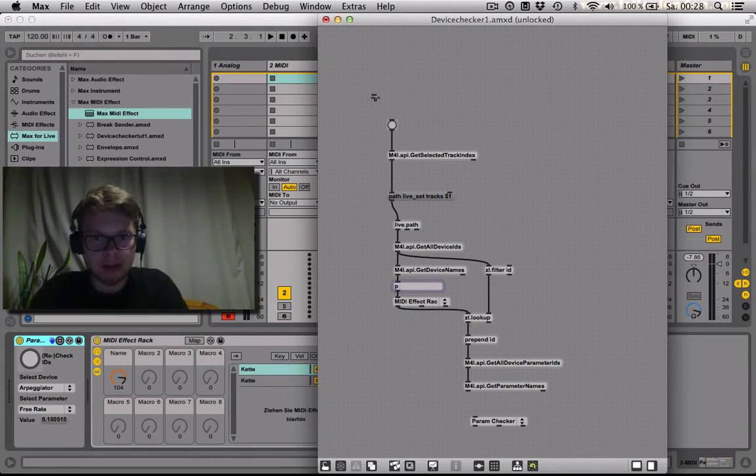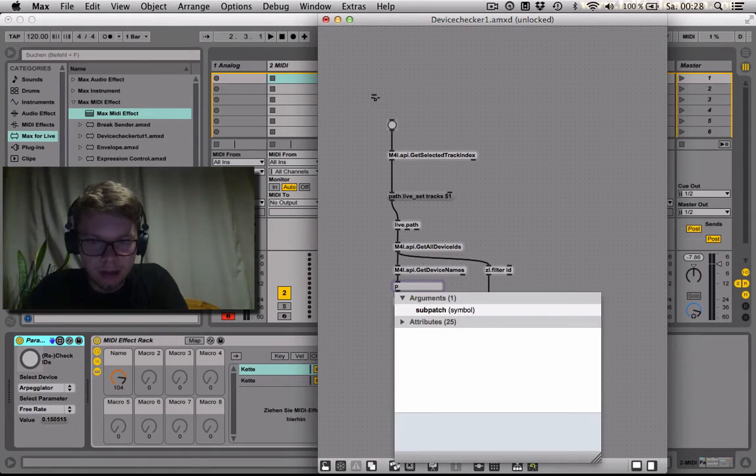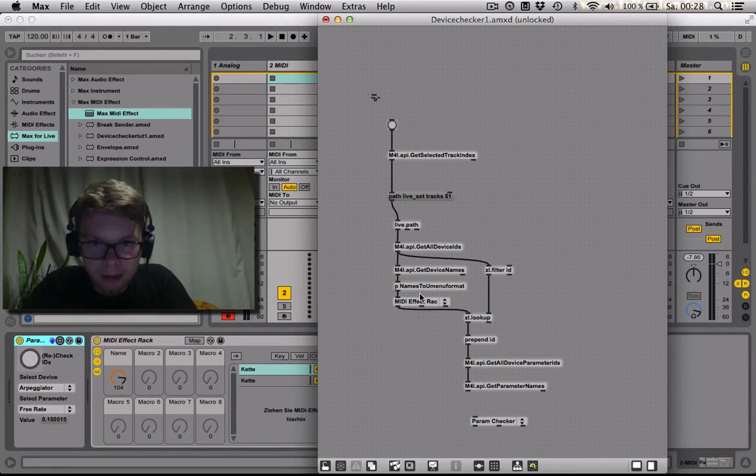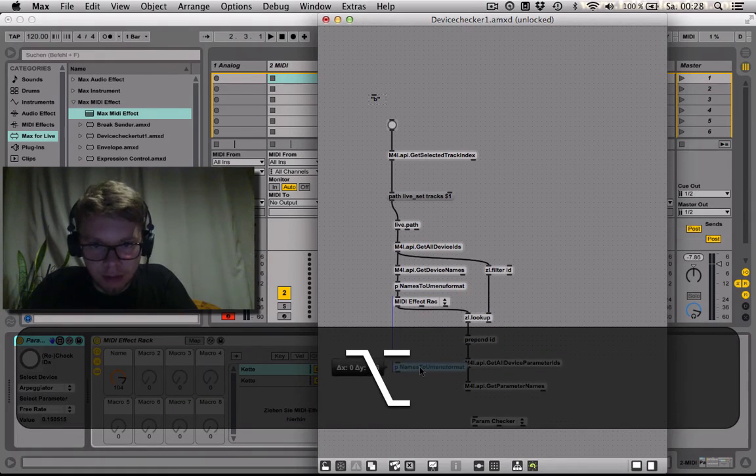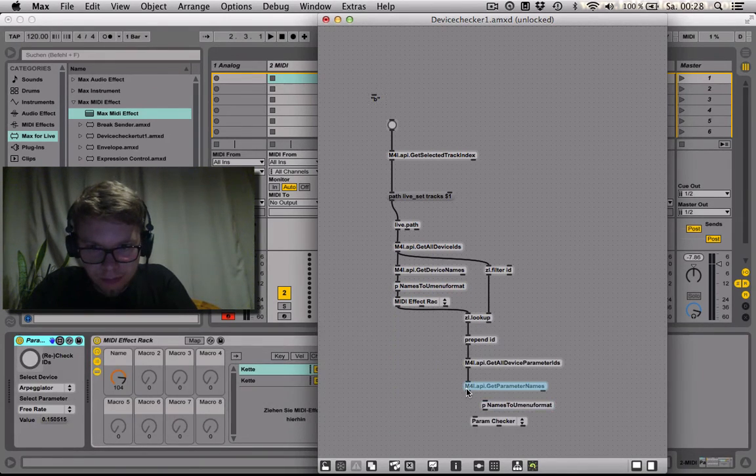You can give it a snappy name, names to view menu format, and then hold Alt and drag this thing to copy it. Put it here,